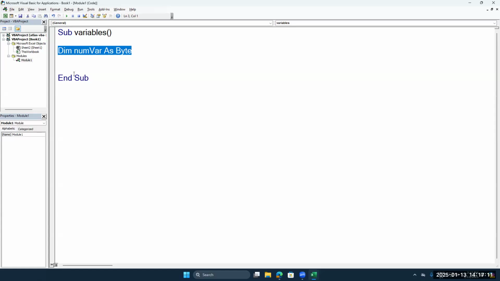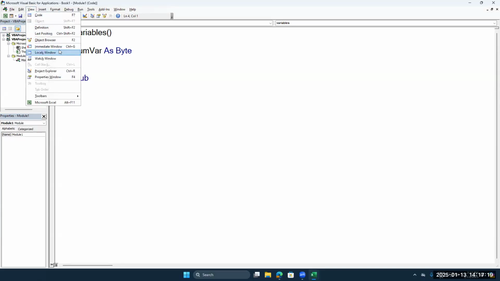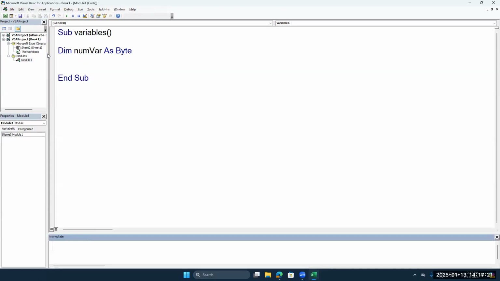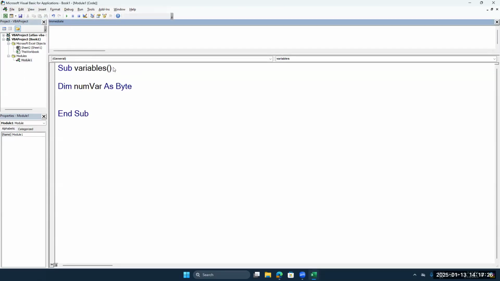Okay, so what I want to look at here is this variable. And in fact, what I also want to do is come over to View. If you click on Immediate Window here, View, Immediate Window, I'm just going to drag this up to the top. This is going to give us the ability to do some output from running our code. So for example, let's say I want to put something into this variable. I can do Let numVar equal 5. And then I can do Debug